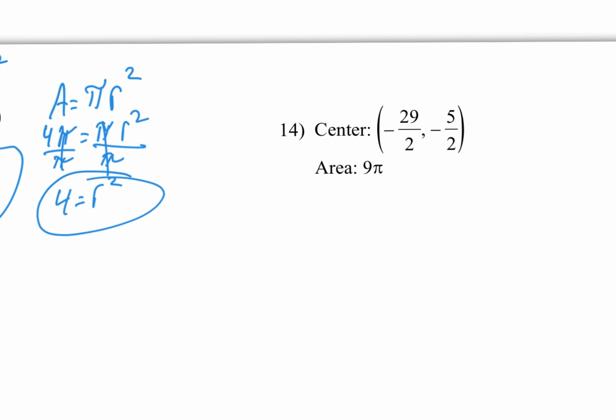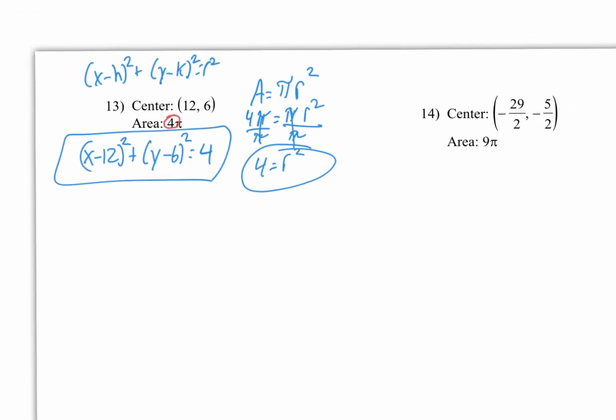Don't let fractions freak you out. I'm so scared. Because it's a fraction? What's changed? Anything? Nothing. It's just 29 halves squared, basically. So it's just x minus or plus? Plus, right? (x + 29/2)² + (y + 5/2)²